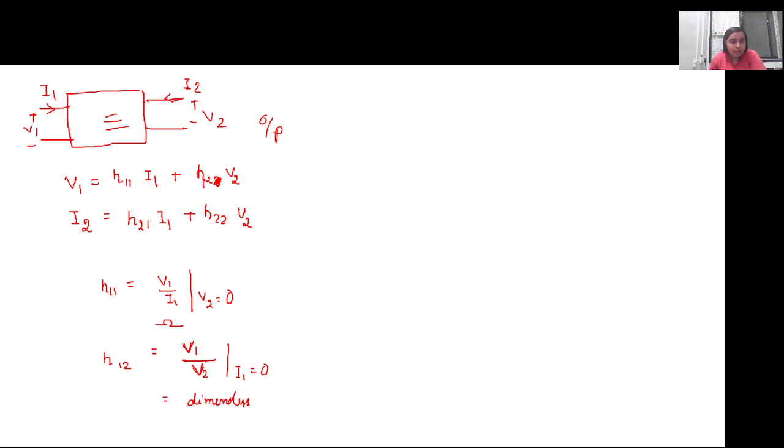That is, whatever the voltage we are applying to the input, how the output voltage is getting affected. So this is the voltage gain ratio H12. Now if we want to calculate H21, it is given by I2 by I1 with V2 equal to 0. When the load side voltage is short circuited, the current gain is given by H21, and this is again dimensionless,